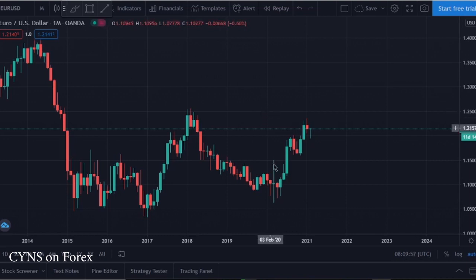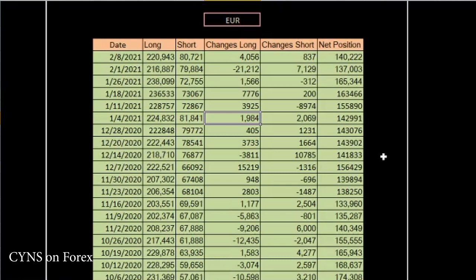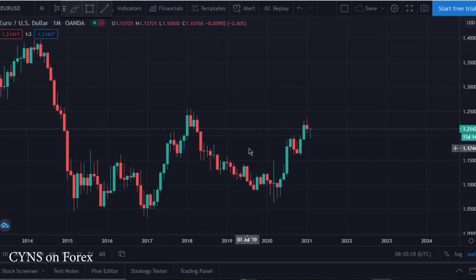First of all, I am speaking about the technical aspect of this market. So I will be breaking down the technicals for Euro USD, and then we are going to see what we have from the commitment of traders perspective, which is what hedge funds are currently doing in the market, and obviously it will help you learn how to combine technical analysis and sentiment analysis correctly.